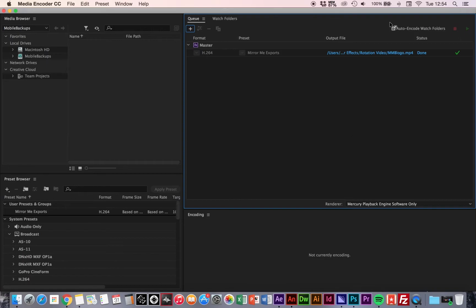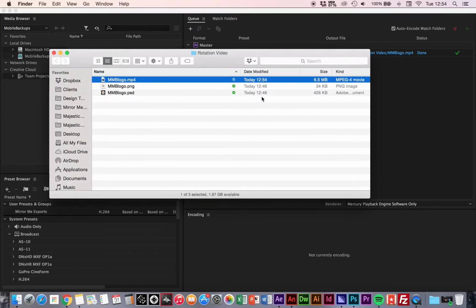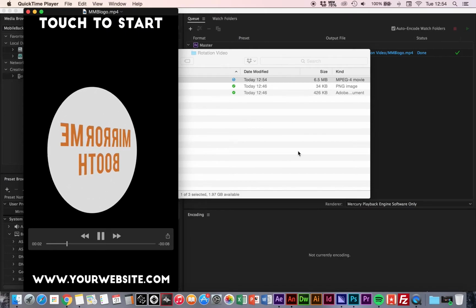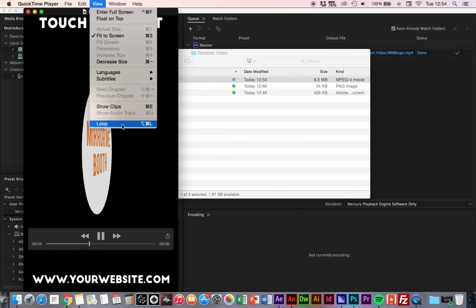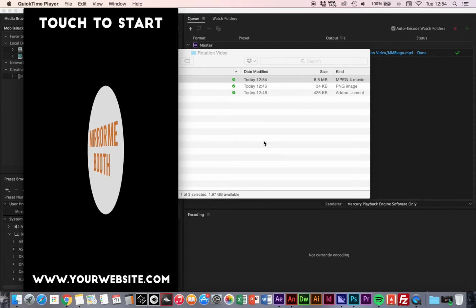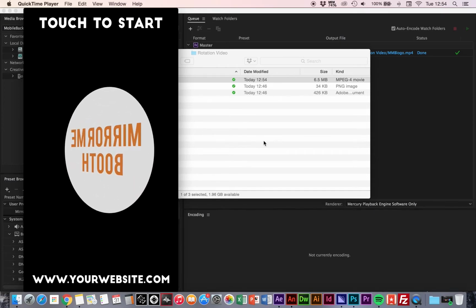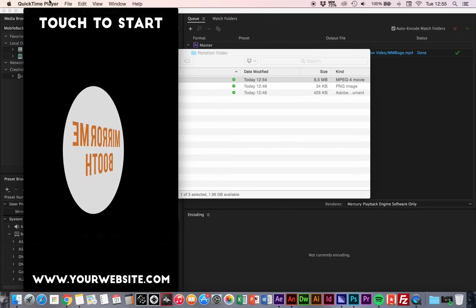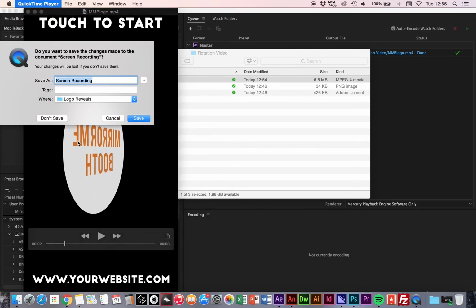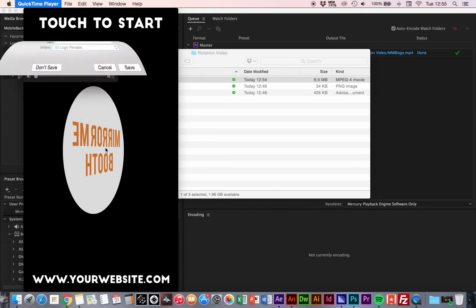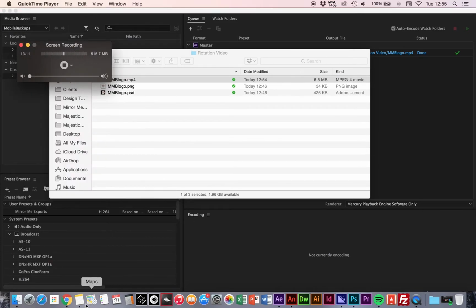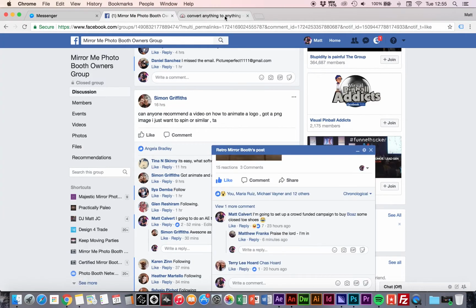Okay, next thing to do is click on that output file. Let's give it a quick preview. Play. If you go to View, Loop, it'll continue playing indefinitely. Okay, let's close QuickTime. It's not close QuickTime because I'm using it for screen recording. Close that one, and then we'll go to Cloud Convert,